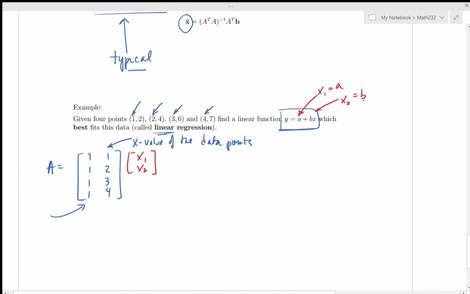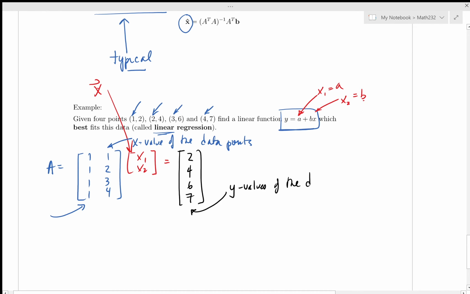That's to be consistent with the normal equation above. So this guy here is the vector x, and that is going to be equal to b. We already went through this earlier. That is 2, 4, 6, and 7. And you'll notice that these are the y data points, the y values